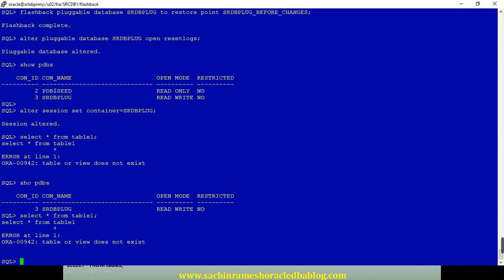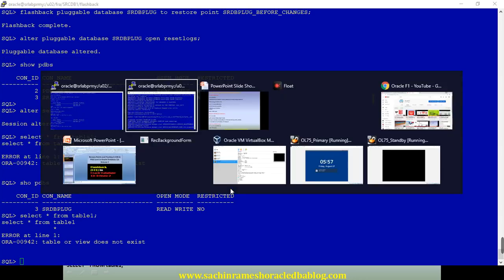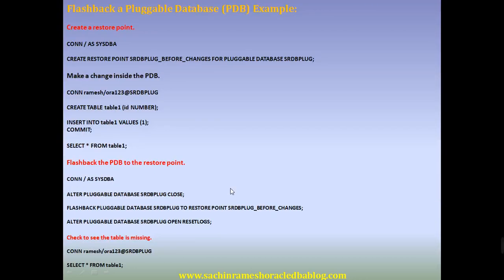So this is flashback at the pluggable database level. I have demonstrated that I created one restore point, then created one table and made changes at the PDB level, and then flashed back the PDB.